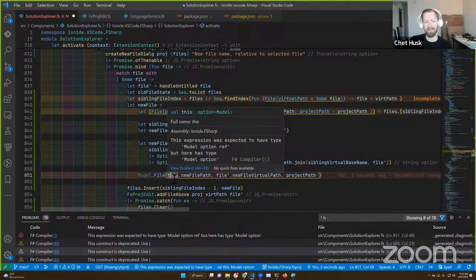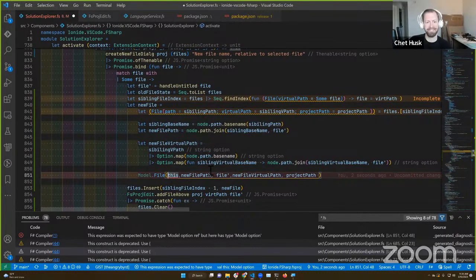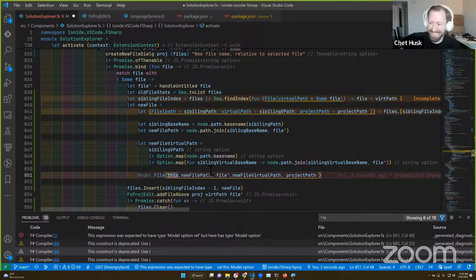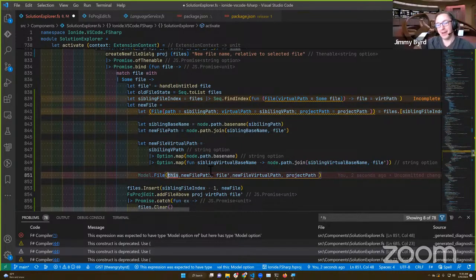Hey, let's actually, Jimmy, see, is FS Toolkit error handling Fable compatible? Yeah, absolutely. All right, bonus later, we'll bring in an option C. All right, that's the deep cut content. When it comes to Fable compatibility with FS Toolkit, I'm doing kind of the bare minimum. I'm definitely running all my tests against it, but there are weird intricacies about different versions of how it behaves. So depending on the version that we're using to compile, it may not work as expected. So that's something we have to be aware of.